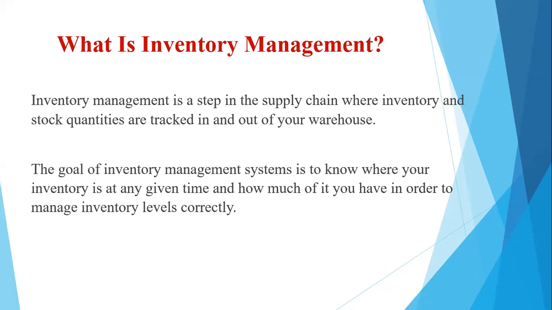Then there is a reordering level, which indicates that in case the inventory reaches that level, that's the point at which you have to place your order for purchasing the inventory again in order to maintain the continuous production flow. Then there are some safety levels. So these are the different levels that could be identified in a business organization with respect to inventory management.